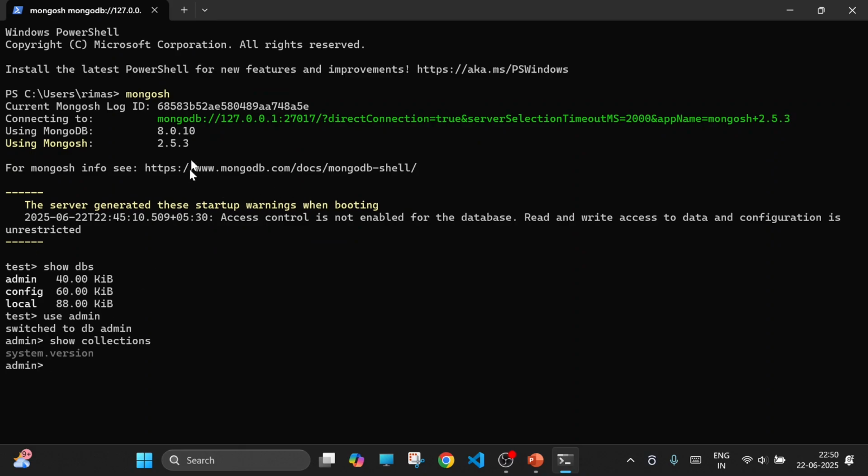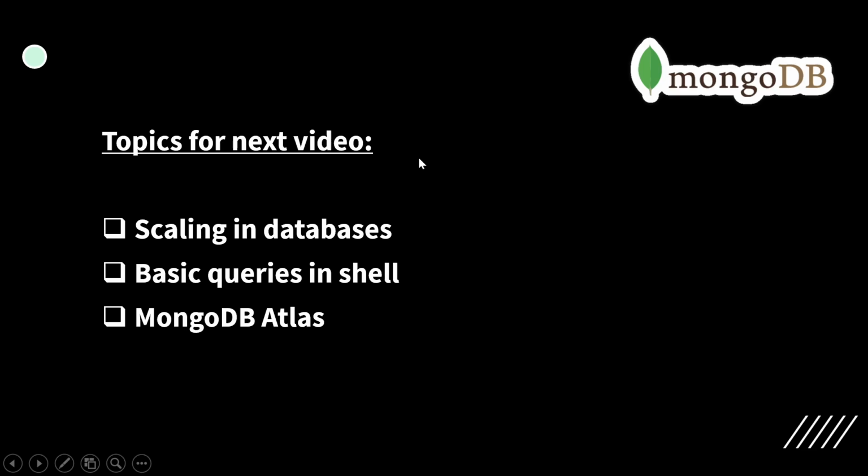So what we did, we started off by connecting to Mongo Shell. We connected to our localhost, which is on port 27017. Then we used the command show dbs to see the databases which we already have by default. We used the use command to access the admin database. When we switched to db admin, we used the command show collections to see the available collections in the database. So this was it for the first session, and our topics for the next video are going to be